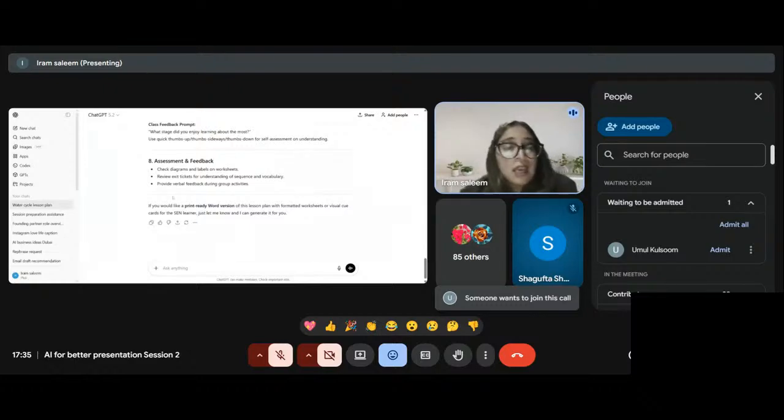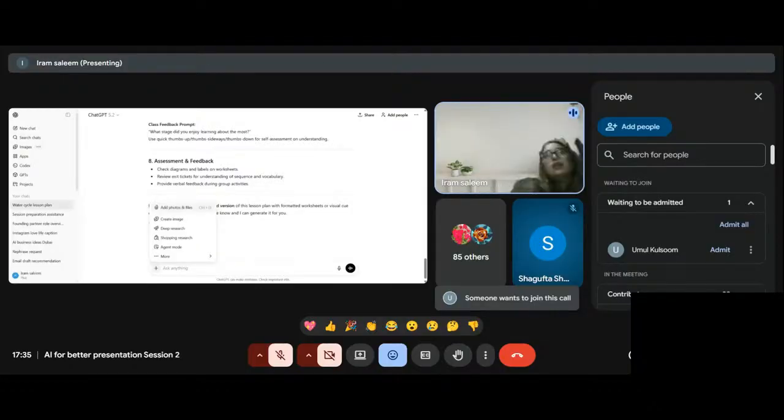Again, the point is this: as someone has mentioned here, you can attach or add a photo or a file, whatever content you want to fill in with. Let's suppose I'm conducting an observation for my teachers, and once I conduct the observation, I upload the template wherever I want the result of my observation notes. I will copy and paste the notes into ChatGPT and upload the template there, and then it will polish all my comments and fill them in according to my template. But again, as we have mentioned that